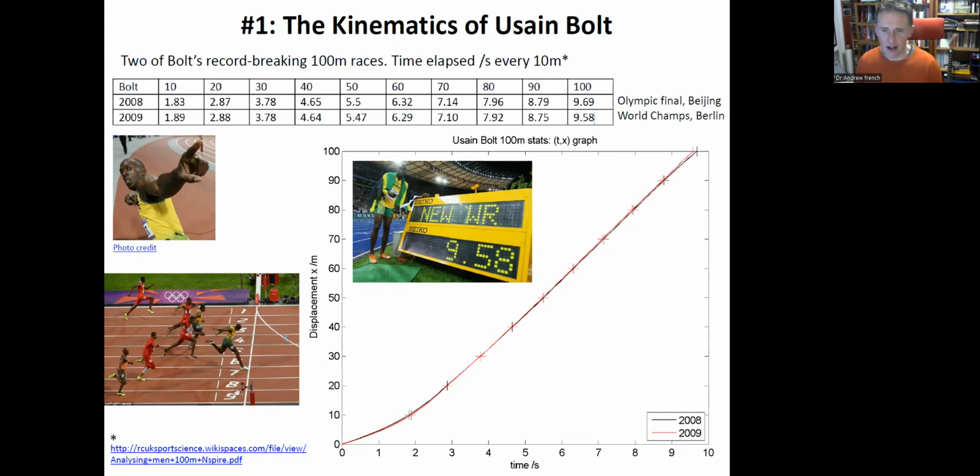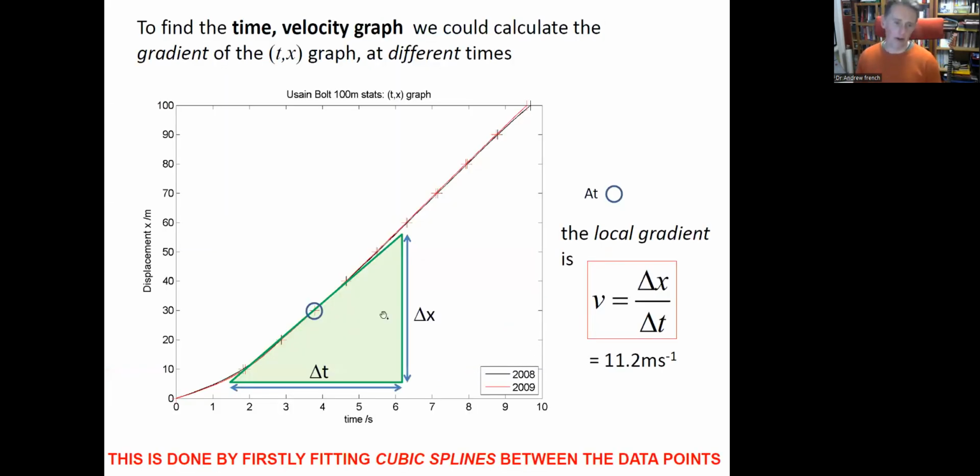All right, so how fast did he run? It kind of depends on what time we're talking about. So what might we do? Well, given this data, if we had a ruler, we might draw the largest triangle we can possibly draw and do delta x over delta t at a tangent to any point, and that would be the speed at that particular point. It's velocity because we're talking about direction in one dimension. But that's going to be pretty tedious, right? What happens if we want to do it at 100 different points?